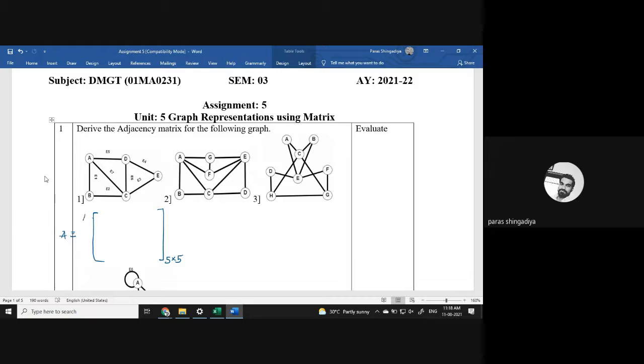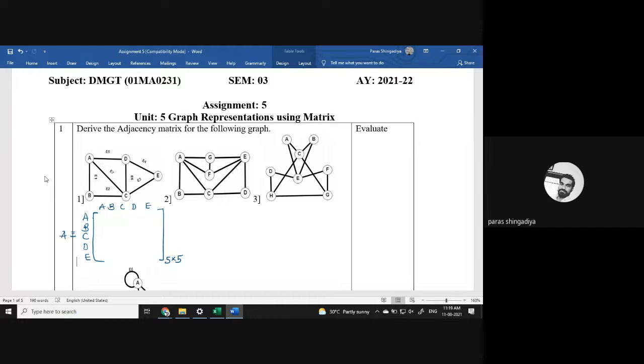Clear. You can mention the notation here, that is for 5 vertices, and also mention the column notation, which is also for the same 5 vertices. So this is the matrix we have, and now let us find the inside values. We fill each entry with 1 or 0. We put a 1 if A to A is connected. If A to A is not connected, then we put a 0. Same for all the vertices. We check the relation of A with all the 5 vertices. If they are connected to A, then we put a 1. If they are not connected, we keep a 0.